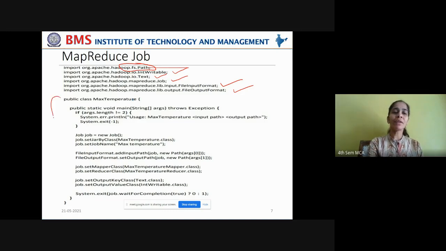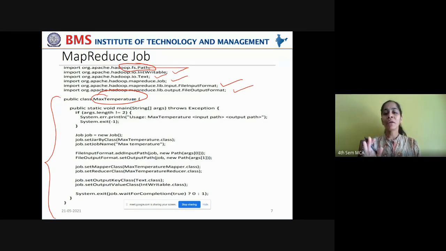And finally, we write a MaxTemperature class, which will pack your map function and reduce function into a job. That we will see in detail in the next class. There's no meaning in hurrying through this program, because you have to understand this very carefully to know how these functions actually go on to the HDFS cluster. Okay, so we'll see this in detail in the next class.